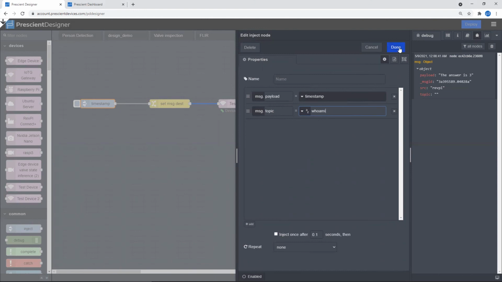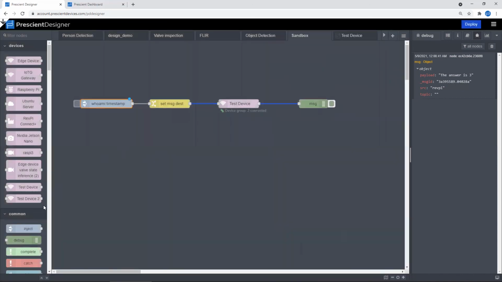So this block here allows you to directly add a message.topic in there. In other cases, you may have to add a change node to define the message.topic to be a